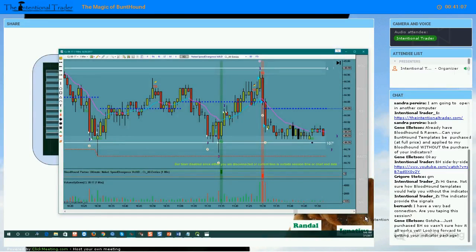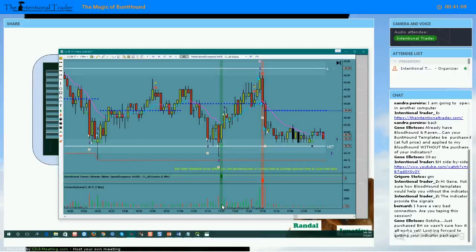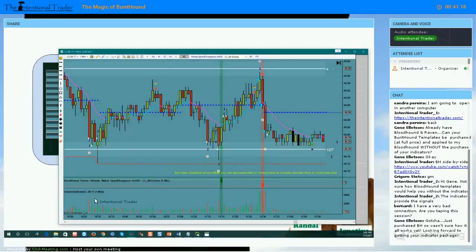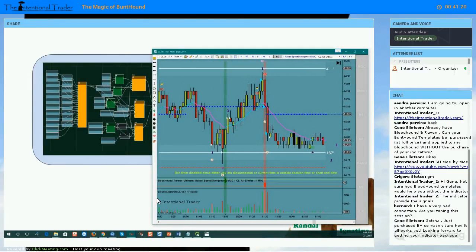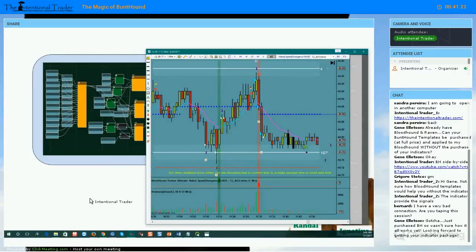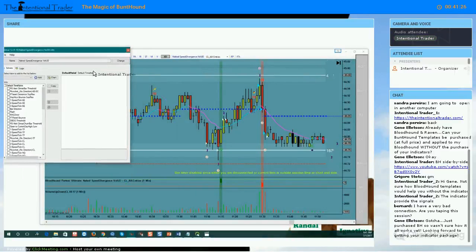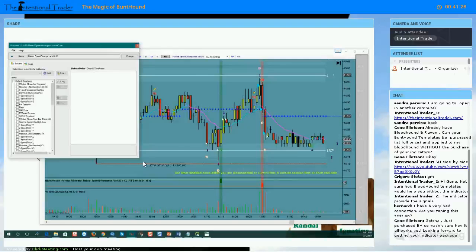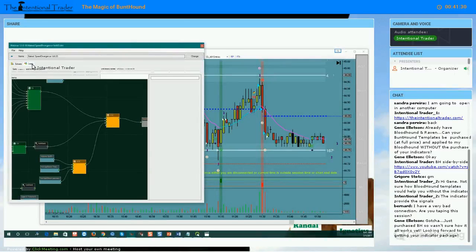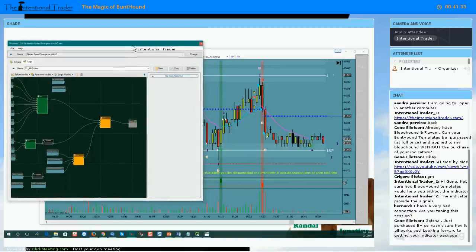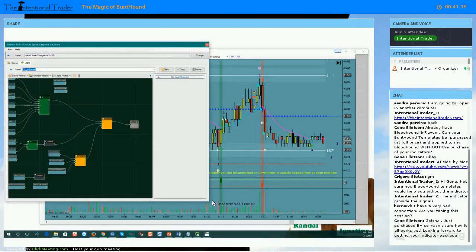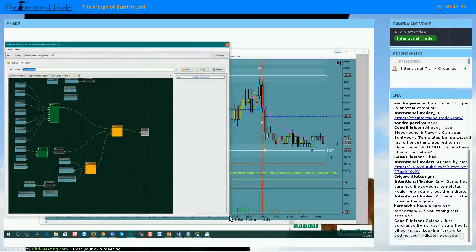And he has rules that are built around that too. He doesn't just jump in as soon as he sees a green bar or a red bar. He watches it for a few seconds and looks at the fluctuations, and if it quiets down, then he'll take a trade. That's a little hard to do with Bloodhound, but at least you can get an idea of incorporating something like that with our templates. So we're going to look at that, and then we're also going to look at these other